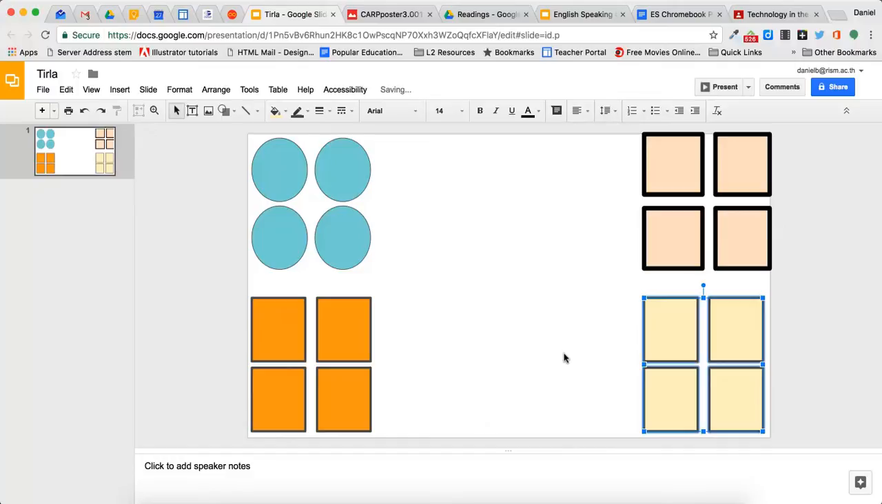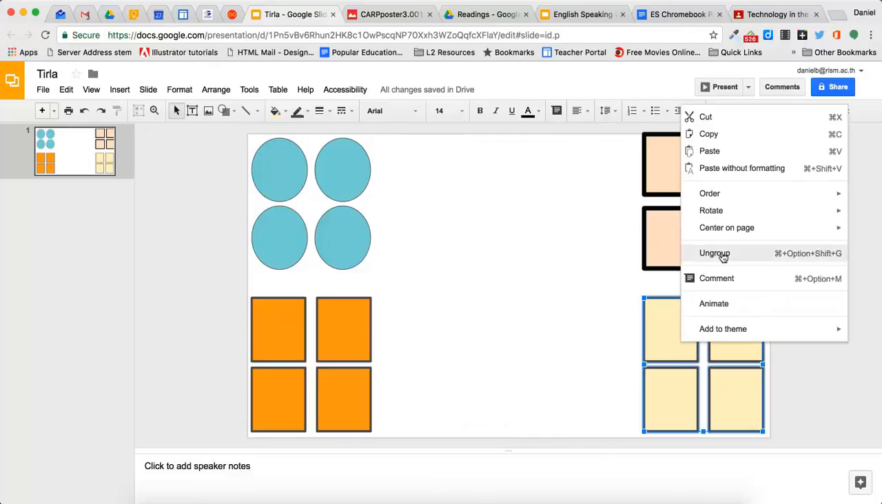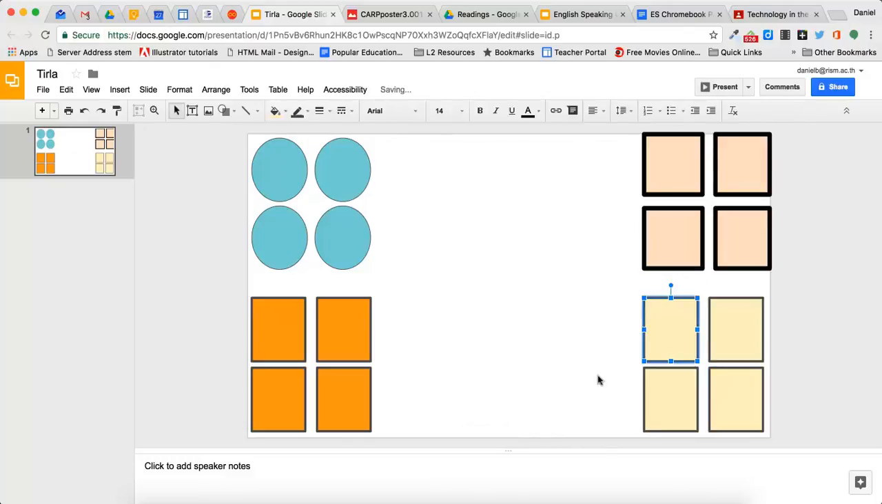Now, once I've done that, we can then add an idea of repetition in the sense of animation to our slides. So if I come over here and I want to ungroup these 4 things, I am just going to right click and I say ungroup. And now if I click on them, they're not